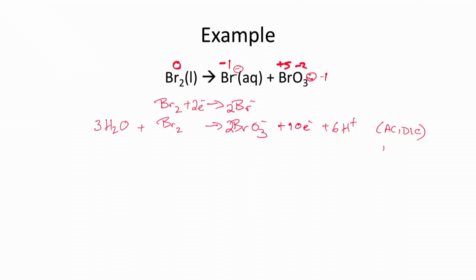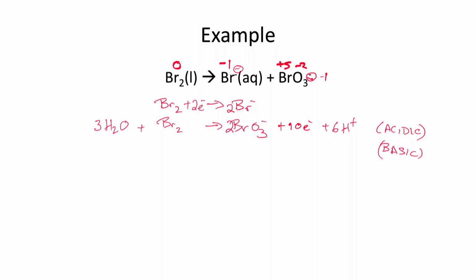Okay. If the solution is basic, then I have an extra step. Because if the solution is basic, I can't have H plus ions lying around, but I can have hydroxide ions lying around. So I need to increase the amount of OH minus. And the way that I do that is by forming water. I can say that H plus and OH minus make H2O when they combine. So since I have 6 H plus ions here, I can add 6 OH minus here and 6 OH minus